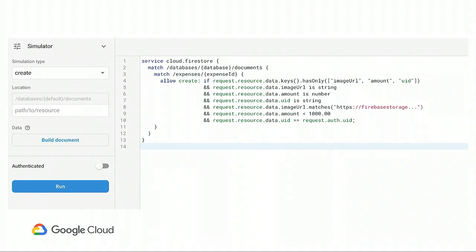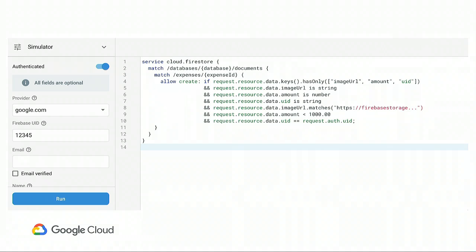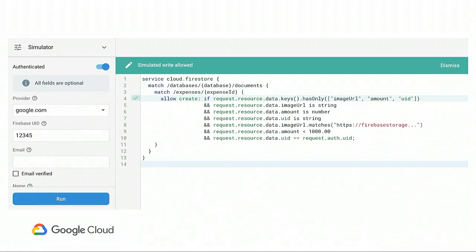So I've copied that exact same set of rules over on the left side of the screen. You can see, hey, we're going to try a create, and we can create a document. I actually went to the taco trucks across the street, so I don't have an expense for it, but imagine that cost me $10, and I took a photo of it. So the photo is stored over in storage, $10, my UID, remember that number, 12345. Great, I'm going to build that document. I'm going to go down to the authentication section, put my UID in there, 12345, and then click run. And run is going to say, yep, your read or your create to expenses/lunch has all those keys, matches, is